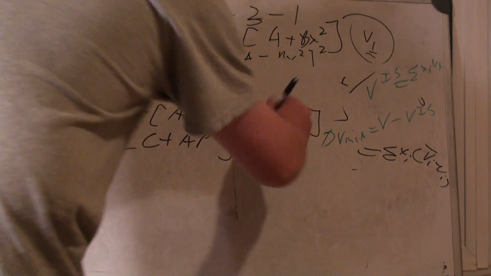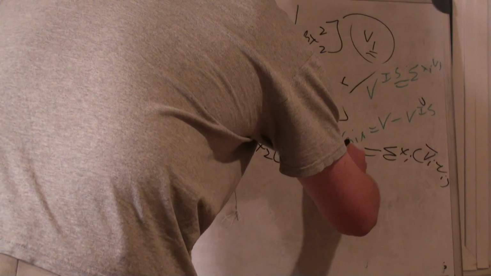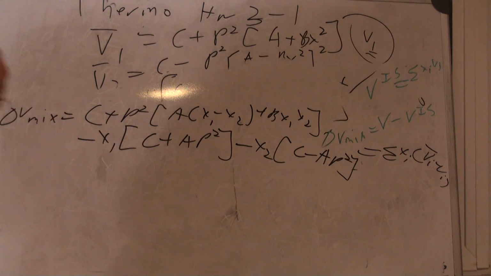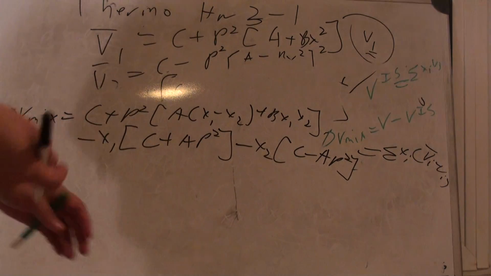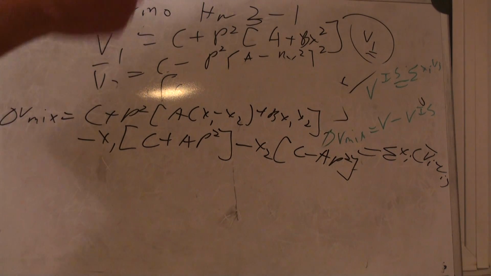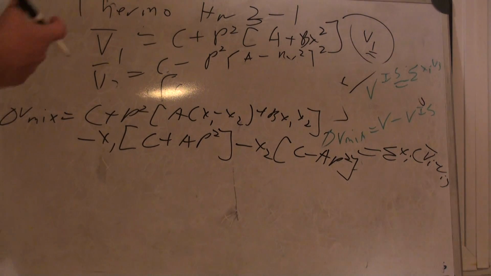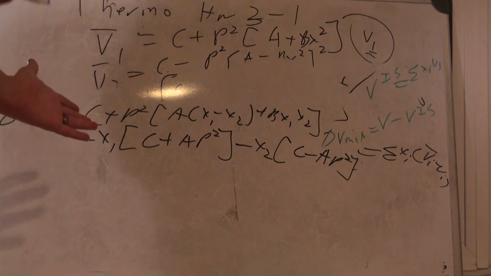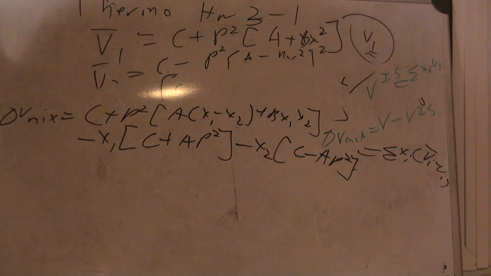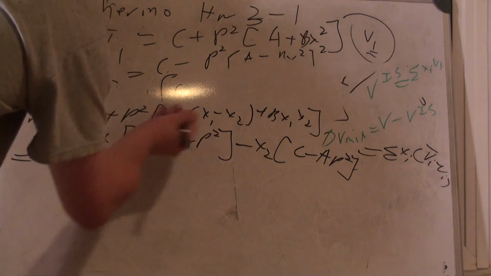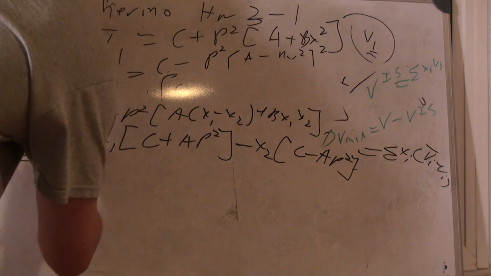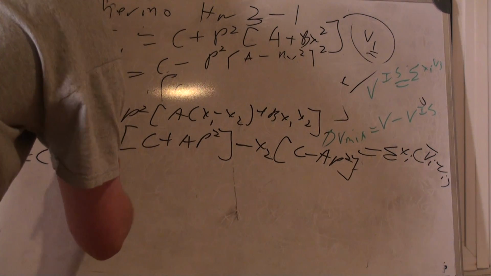And this one is C minus AP squared, okay? And those B terms just go away when I have B1 and B2. In a sense, okay? And now I just clean this thing up. I mean, essentially I'm done, but I need to clean it up. And this one will really clean up nicely, you'll see. So I have, again, let's distribute most things. So I have C plus